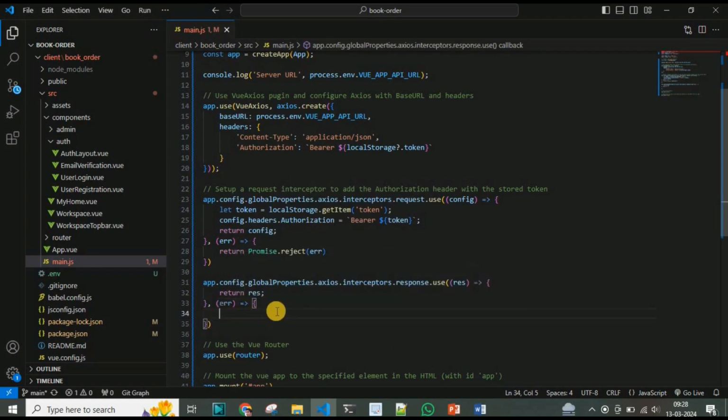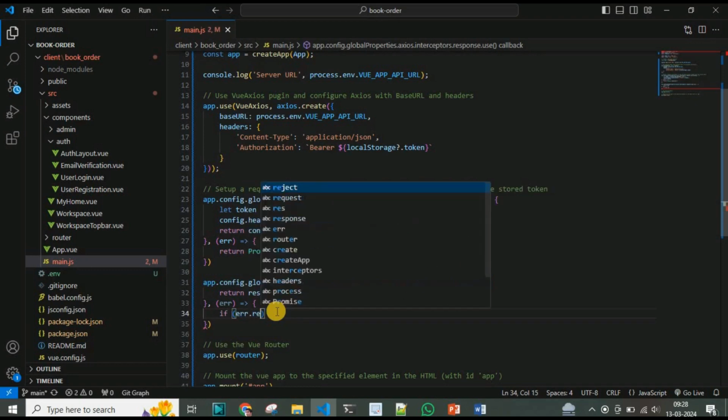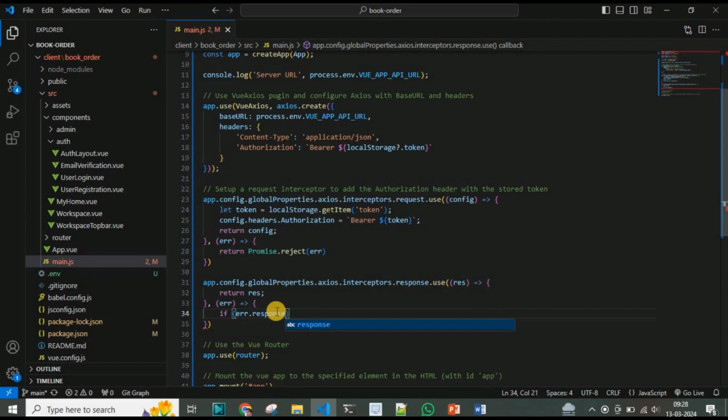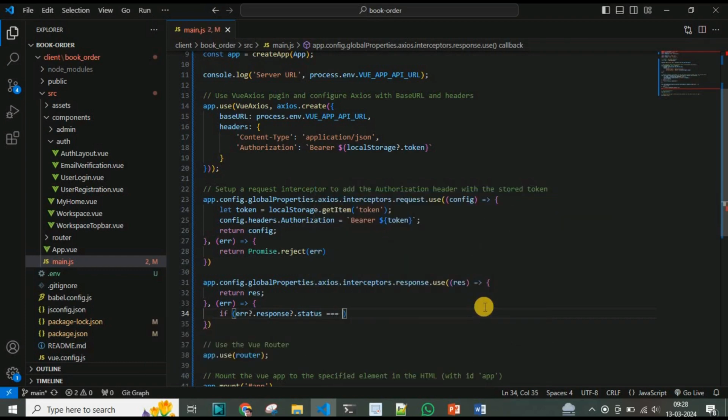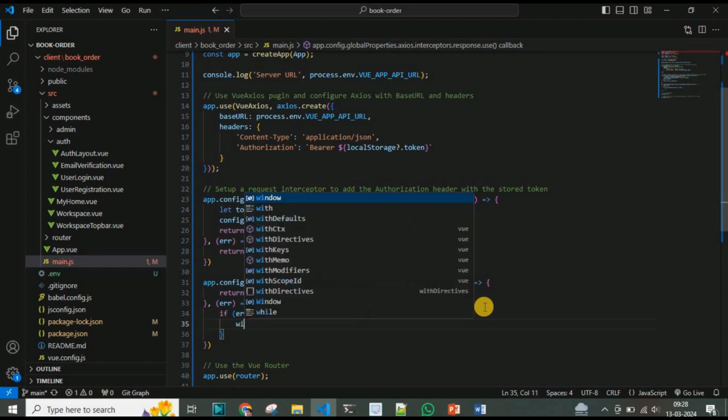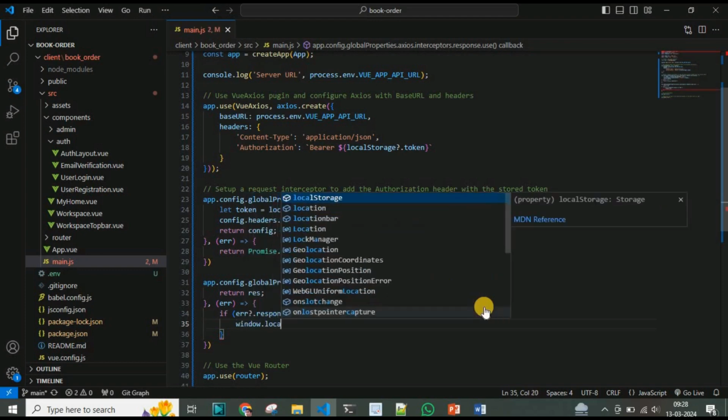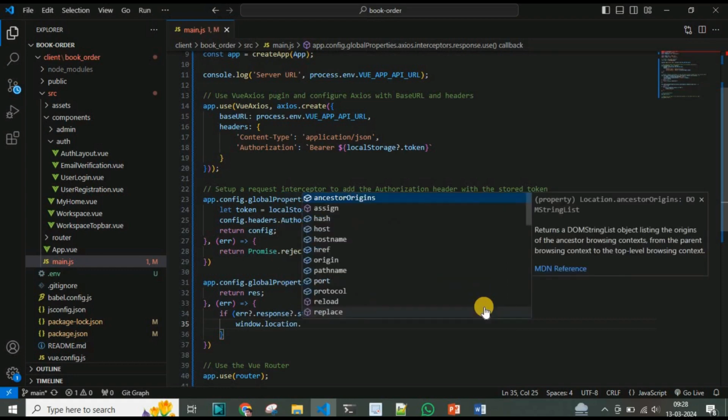So in case of the error, I will access error.response, and if the response is present, then I will check the status, and I will match it with 401, which is the status code for unauthorized, and I will redirect to the login page. Window.location.href